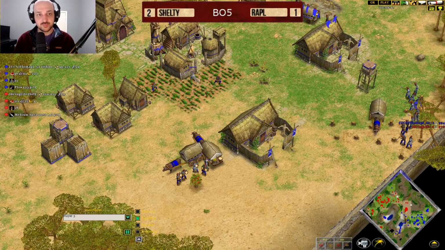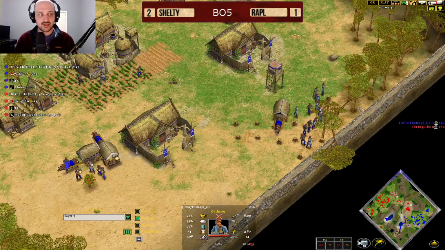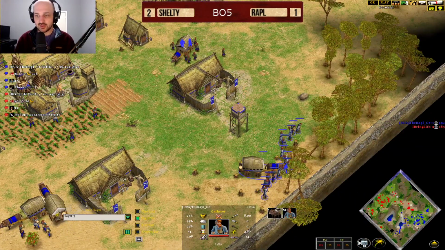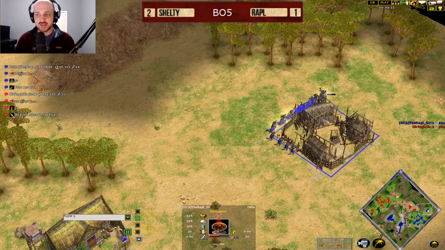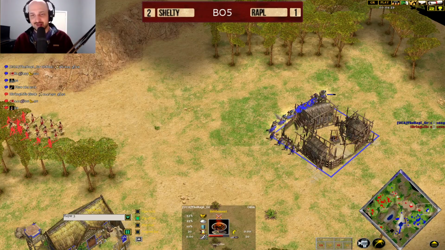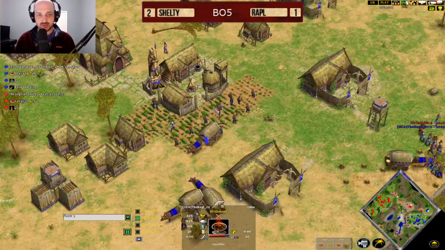is super slow. Does he have plow? Doesn't have plow, doesn't have husbandry. Plow's coming through, but he's going to be short on husbandry. Lots of villagers on wood at this point. The second town center here for Rapl is basically something you need because you don't have the food to manage